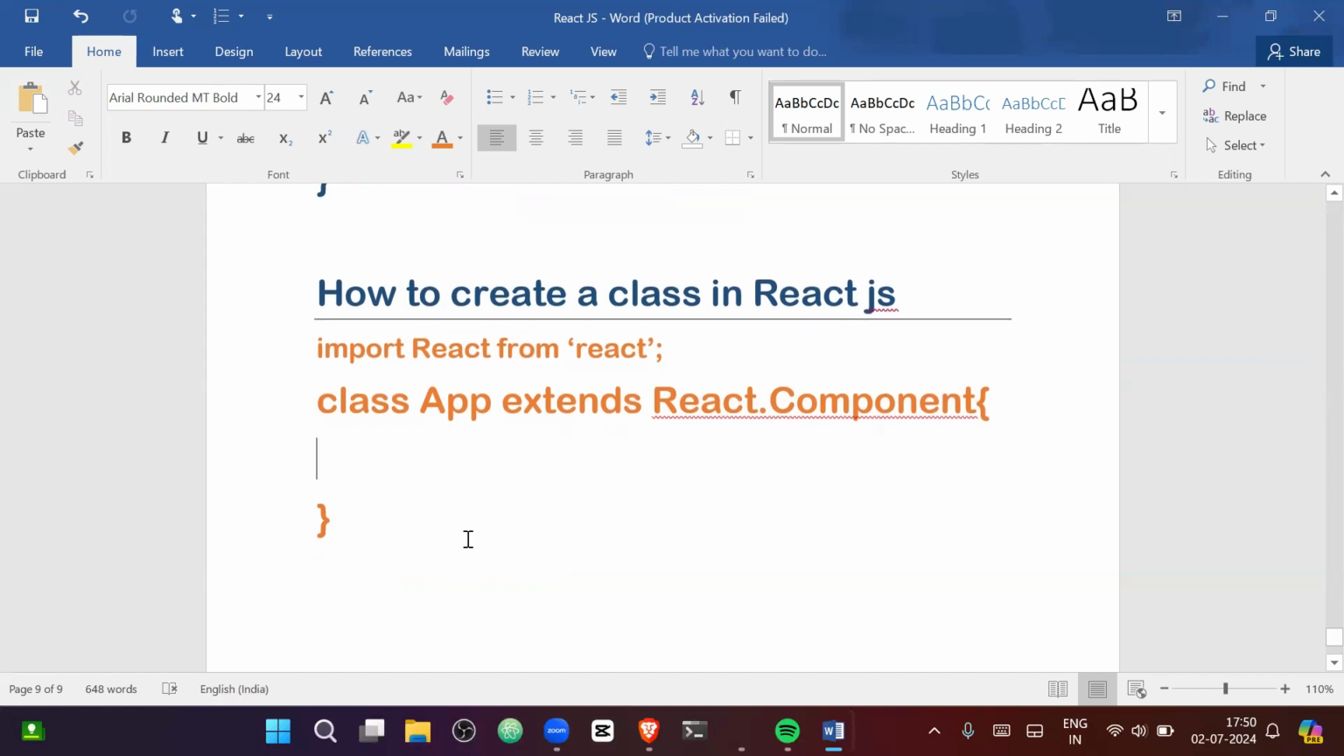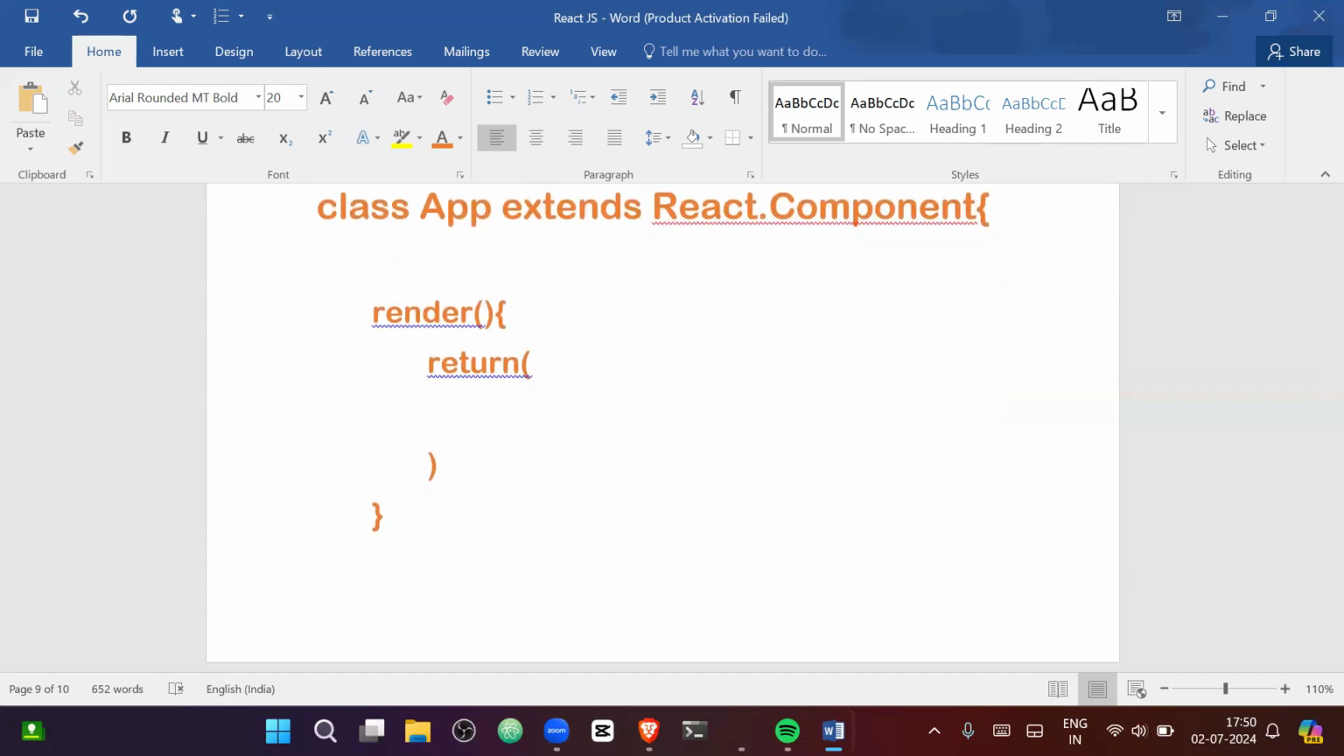And one more thing, whenever you create a class in React.js, you will definitely use one method. What's the name of that method? The render method. Inside the render method, you will write the return statement. And inside the return statement, if you want to write anything, first you need